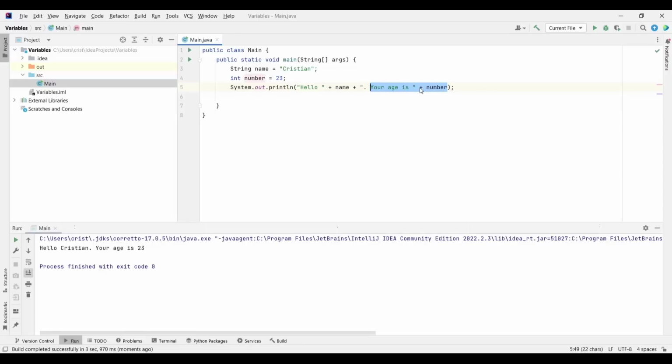This is what this plus is doing. It's taking this value and adding it to the string. In a way, what it is actually doing is converting this number into text, and it's printing your age is 23, and then we have hello Alex, your age is 23.